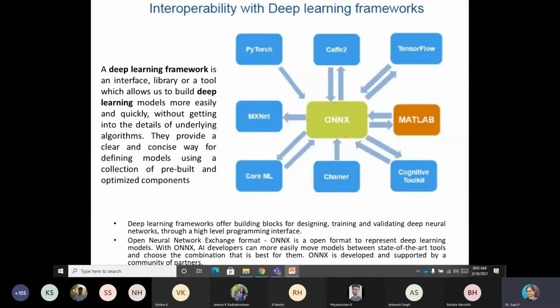Here you have ONNX, the Open Neural Network Exchange format. This basically represents a deep learning framework. That means it is an interface or a library or a tool which allows you to build a model. It's like plug and play. Everything is done by this. You just need to give your data set and get your output.